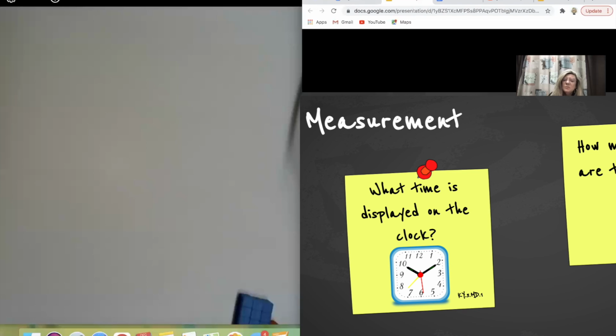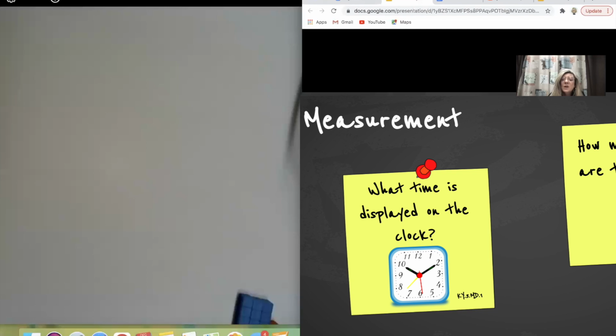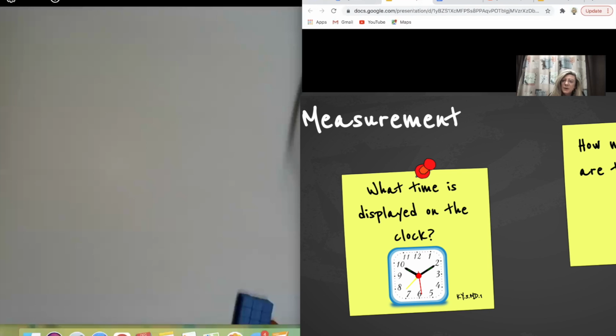And of course, that standard involves elapsed time. I would not overwhelm them by moving into the next hour. I would try to stay within the same hour when I'm talking about how many minutes it has been from 10:10 until 10:20, that type of thing. And of course, they could count around. And it helps to lay that out as a number line as well when you're talking about elapsed time.